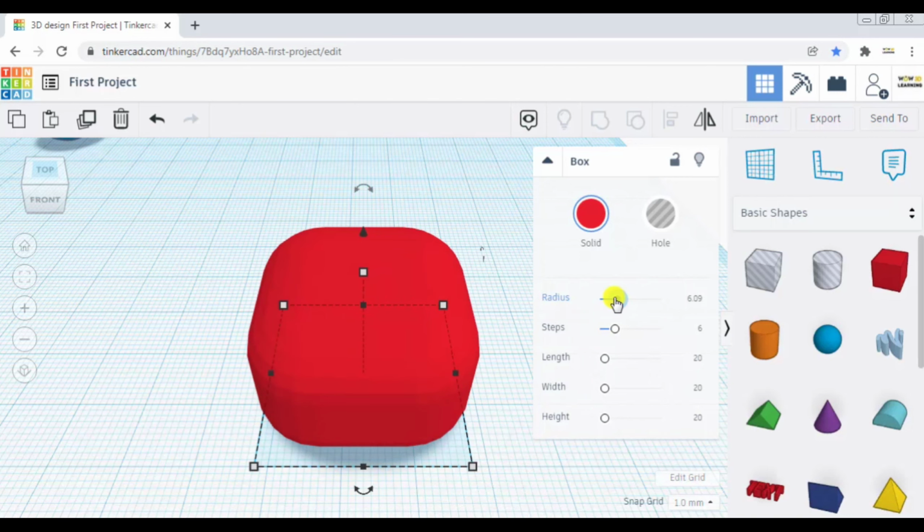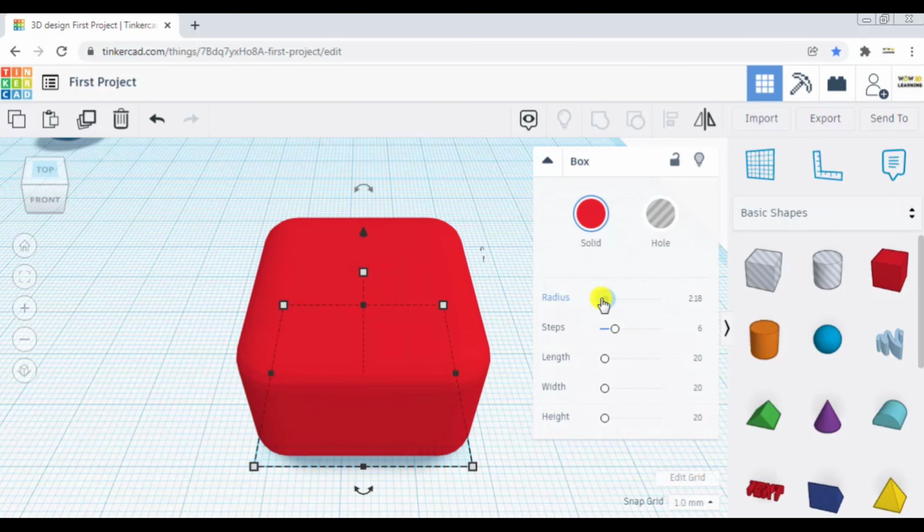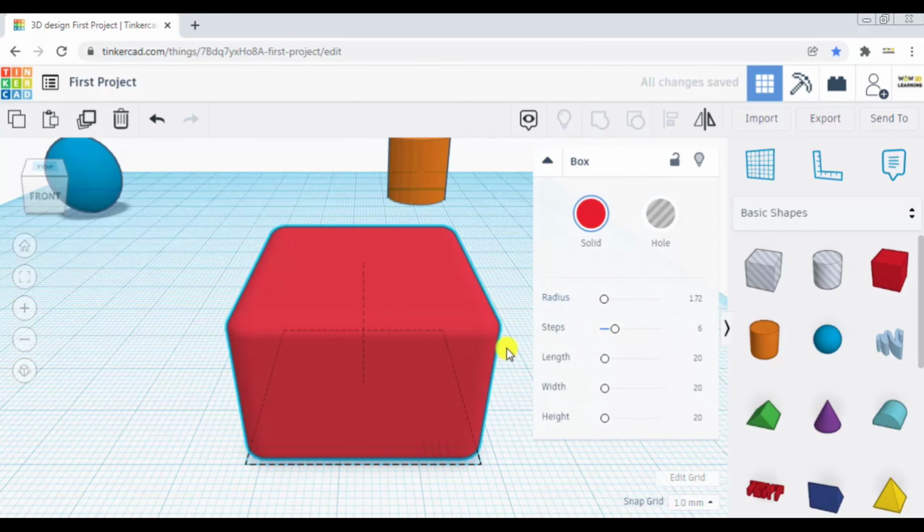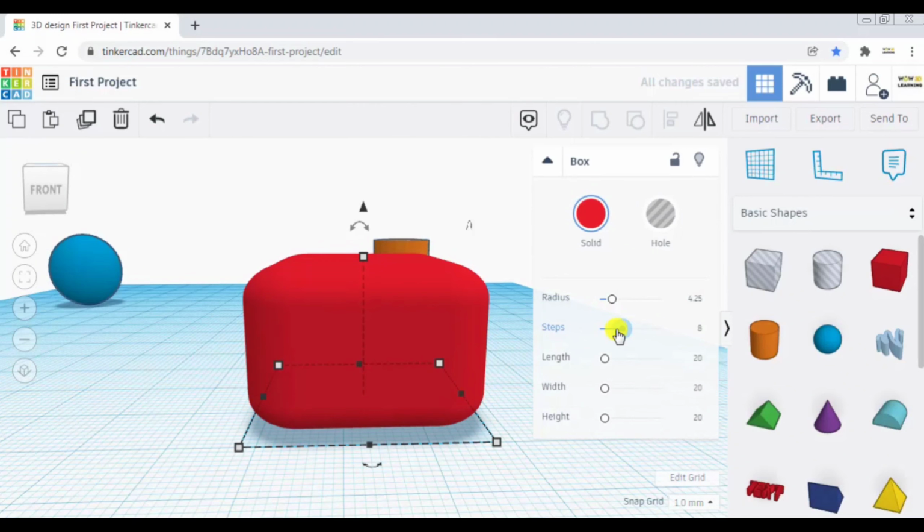Now let me keep this much radius and let me increase the steps. So see this, when I increase the radius to some certain value of 4.25, you can see what has happened.